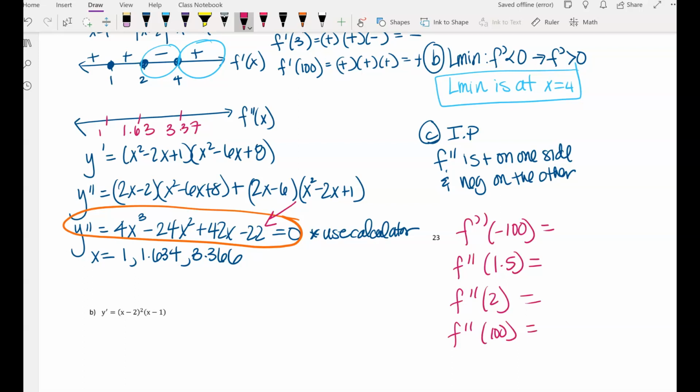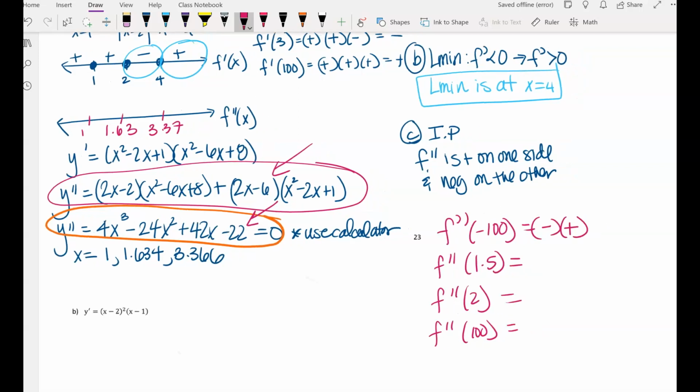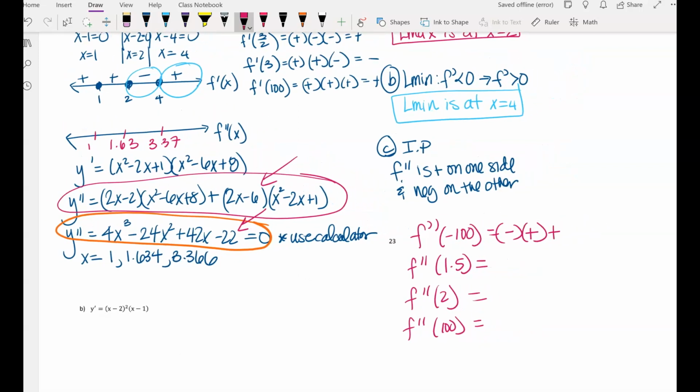All right, we have to plug it into the second derivative. We can even plug into here if we want. All right, so let's plug into here. It seems a little bit friendlier. Negative 100 times 2 minus 2, that's going to be negative. Negative 100, and then all of that squared, that's going to be positive. And then plus,